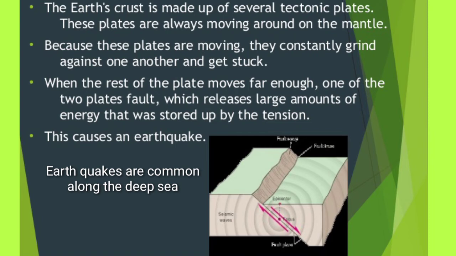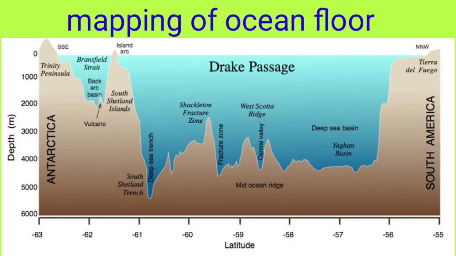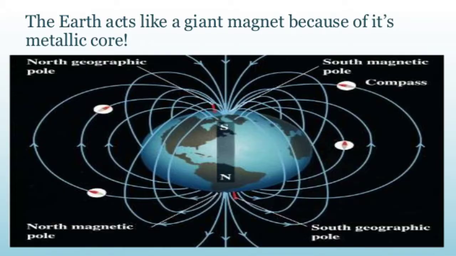Earthquakes are also common along the deep sea terrace positions of continents through geological past. So according to these facts, obtained from the mapping of the ocean floor and a detailed analysis of magnetic properties of the rocks on either side of the mid-oceanic ridge, Hess proposed his hypothesis known as